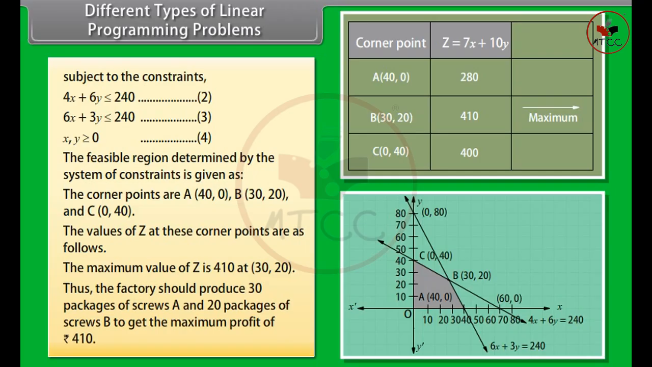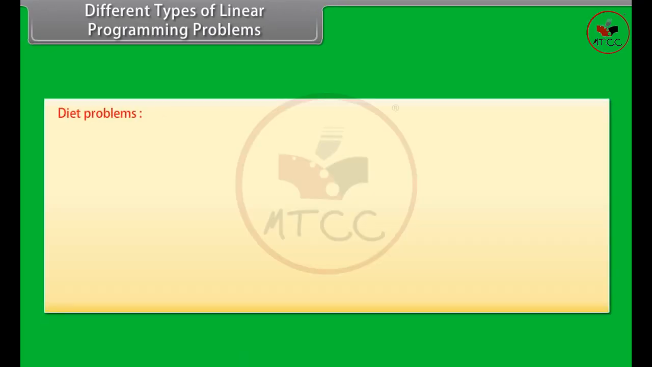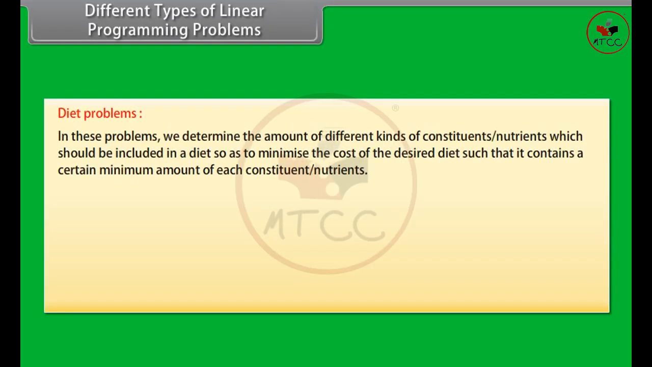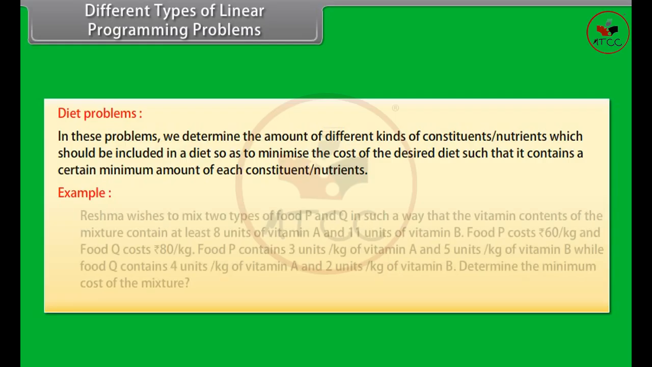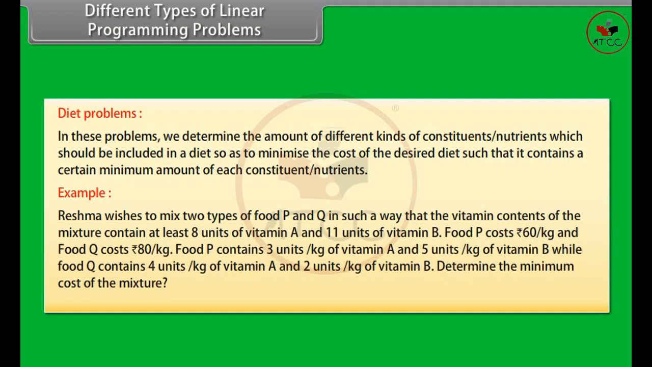profit of rupees 410. Diet problems. In these problems, we determine the amount of different kinds of constituents or nutrients which should be included in a diet so as to minimize the cost of the desired diet such that it contains a certain minimum amount of each constituent nutrients. Example. Reshma wishes to mix 2 types of food, P and Q, in such a way that